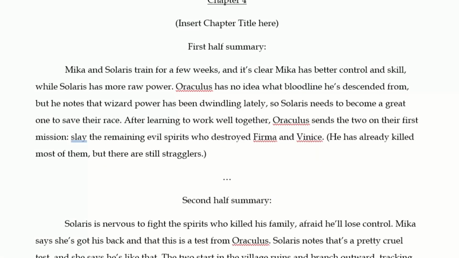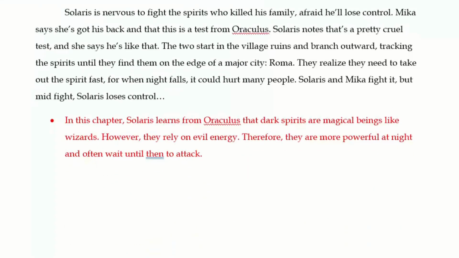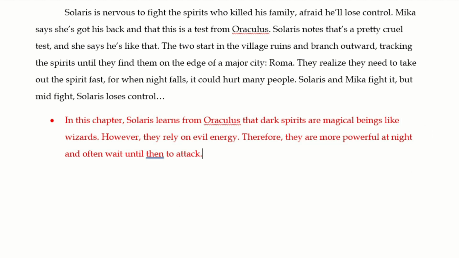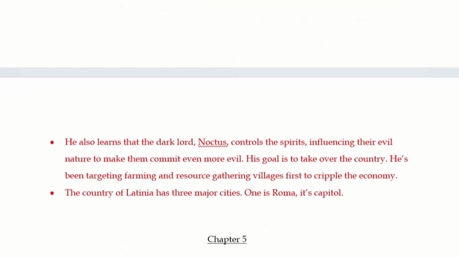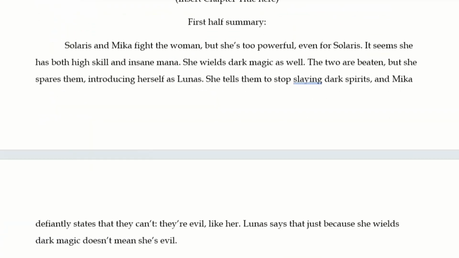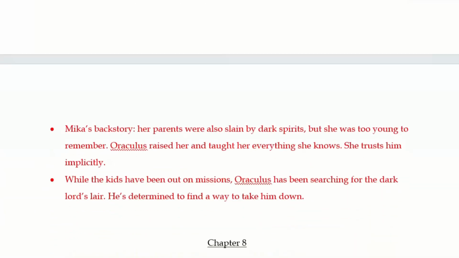The main thing I want you to notice in this outline is that I separated the chapters into a first and second half. That way the reader will have a chapter break in each one. I also wrote in red bullet points important character or world building information I might need for foreshadowing or to increase reader understanding. These types of notes help with consistency, which is the goal of an outline. However, none of these tricks are mandatory. I've found that they work for me, but you're free to impart your own style. Every writer is different.